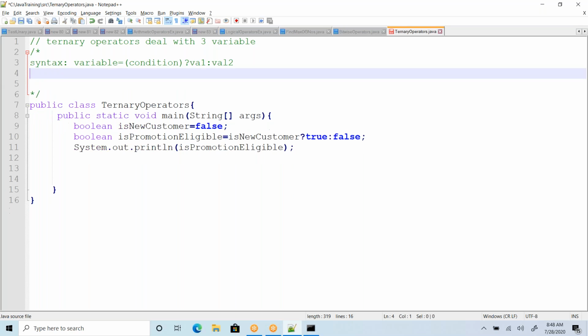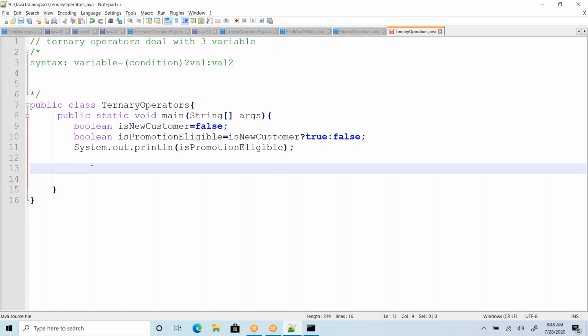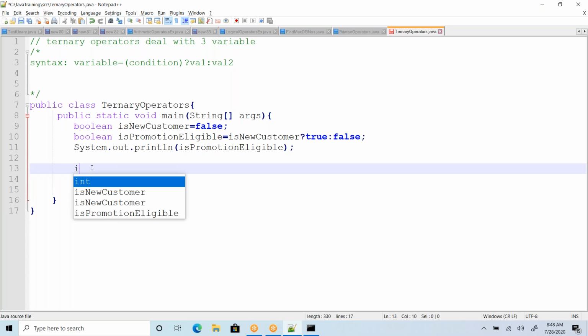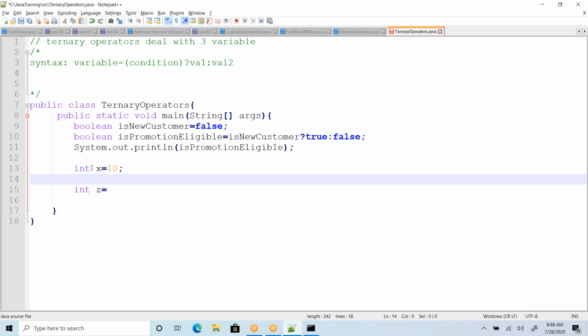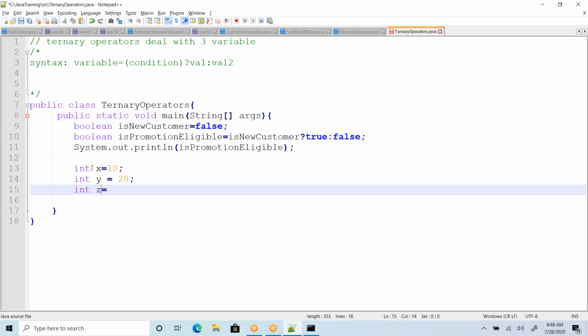So here, take another example. I wanted to initialize a new variable, where I have values x and y. The x value is 10, the y value is 20. Now I am going to assign whether it is small or big.